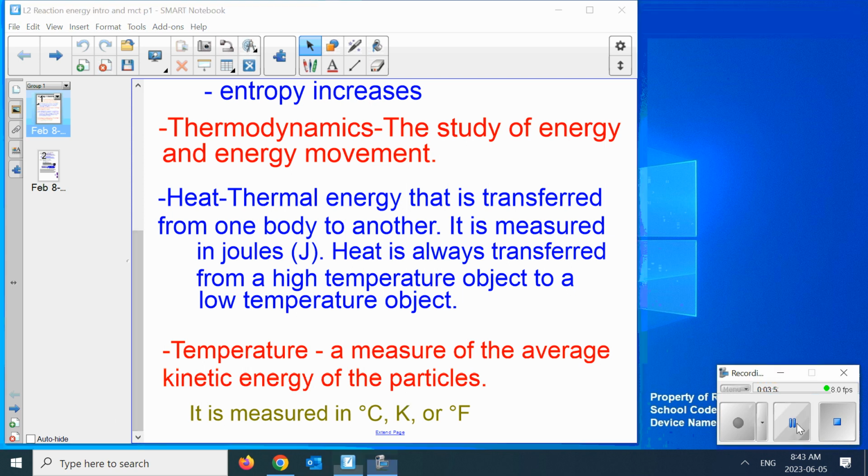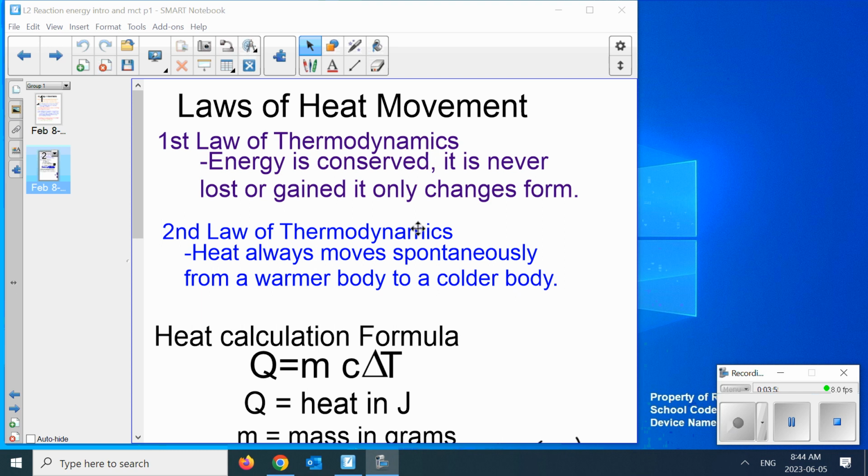I'm going to pause and update this. To continue, laws of heat movement. We're not going to go through all of the laws of physics of thermodynamics. A couple of things. First law of thermodynamics is energy is conserved. It's never lost or gained, it only changes form throughout the universe. This applies not just to chemical reactions, it applies to traffic collisions, it applies to sliding down a slide and stuff like that. I'm not going to get into it too much. You'll see a lot more of it if you take physics 30. And that's not just thermodynamics. But anyways,